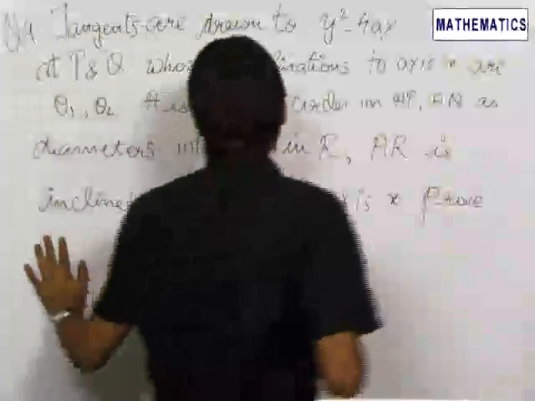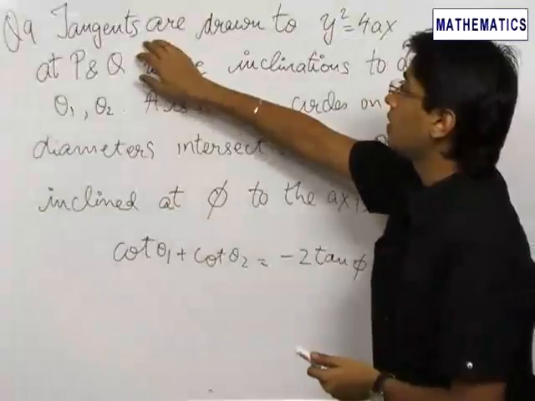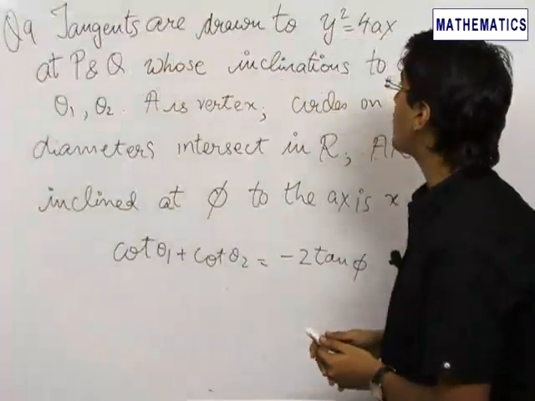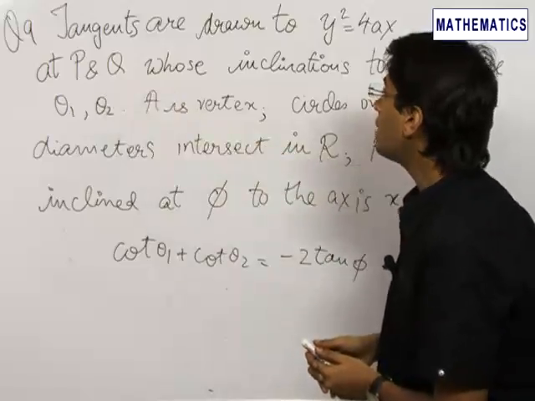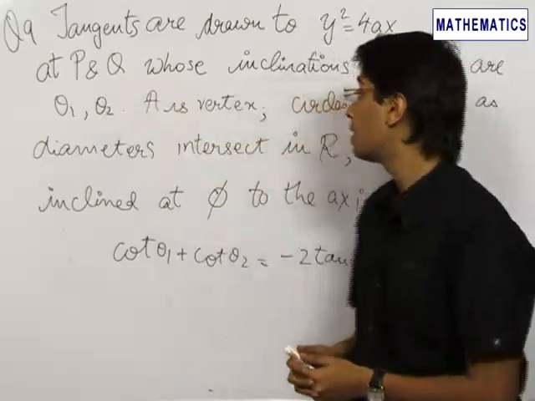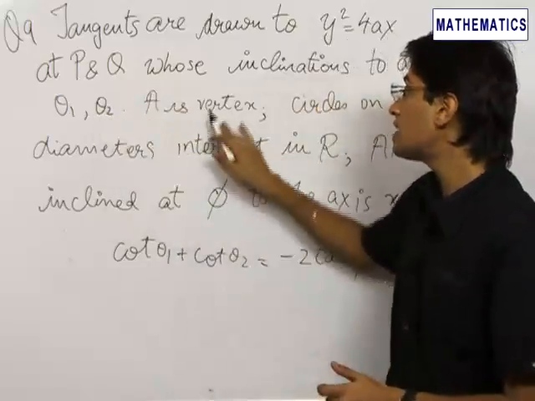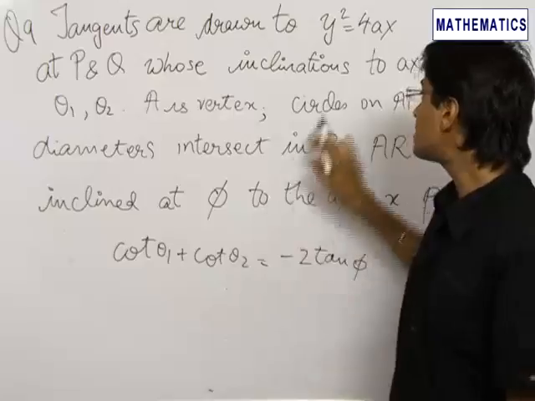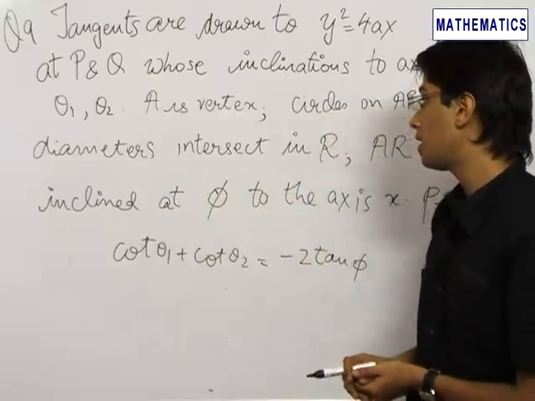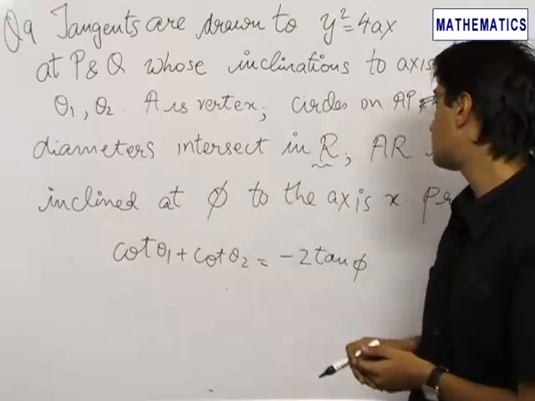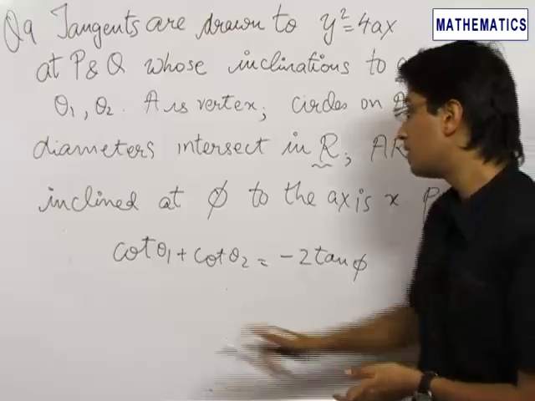The ninth problem of ours is a pretty interesting problem. We are given that tangents are drawn to the parabola y square equal to 4ax at the points P and Q, and the inclinations of these tangents to the axis of x are theta 1 and theta 2. If A is the vertex of the parabola and circles are drawn on AP and AQ as diameters, and these circles intersect in R, and AR is inclined at phi to the axis of x, then we need to prove